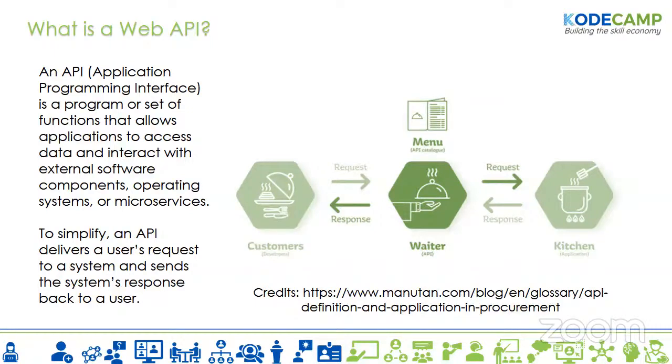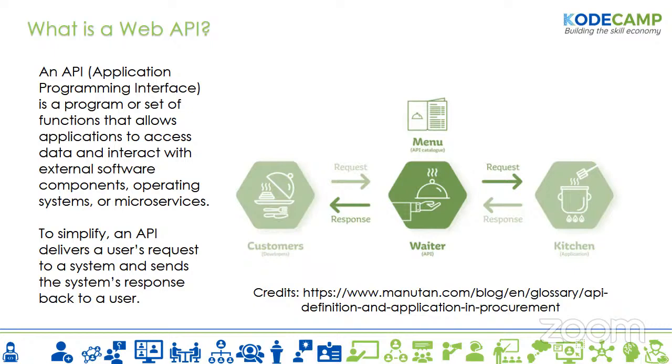Okay, so when we say external software components, we're talking about how you can interact with another software using an API. You could interact with the operating system, which could be that of the device that is on, if it's on a Windows, a Mac, or a mobile device. And the microservices are basically like other aspects of the API. So an API can interact with another